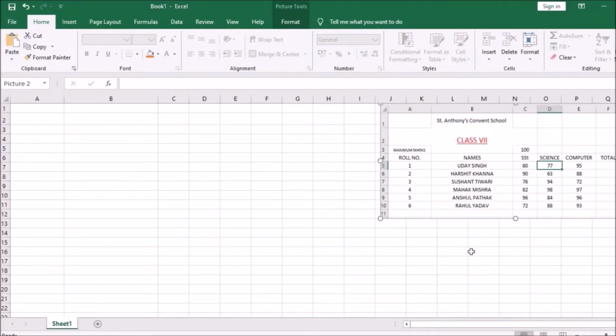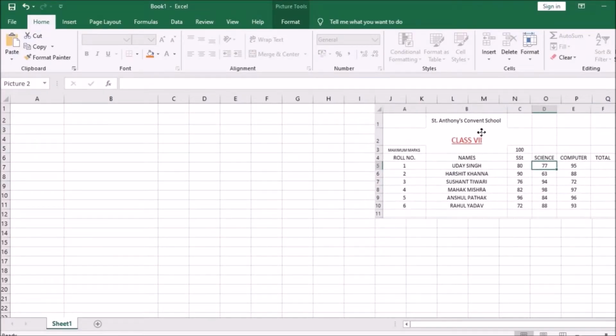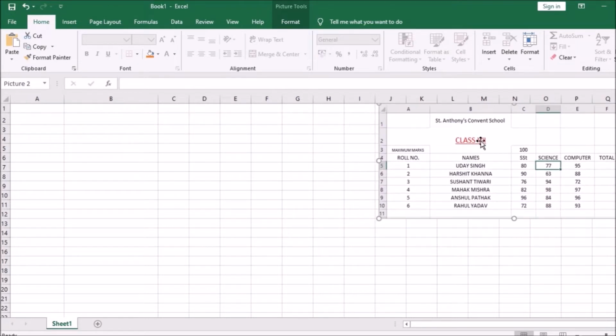In your book, children, there is a sample mark sheet given. This is the picture of the sample mark sheet, and I will do the entry in here for you.